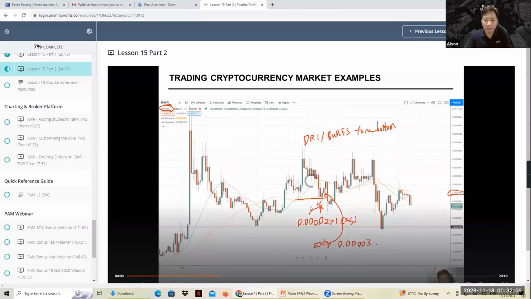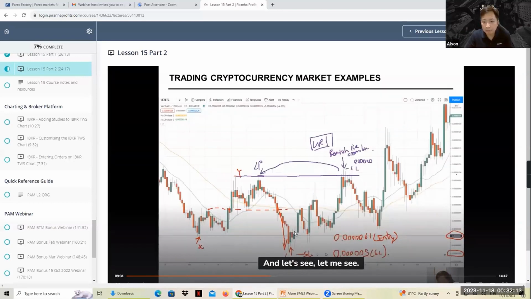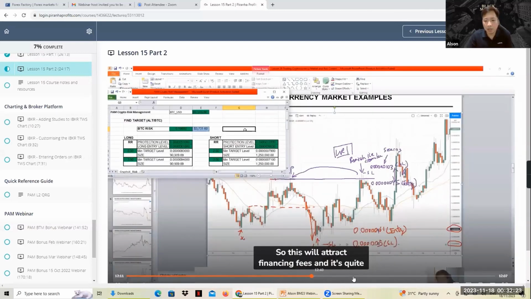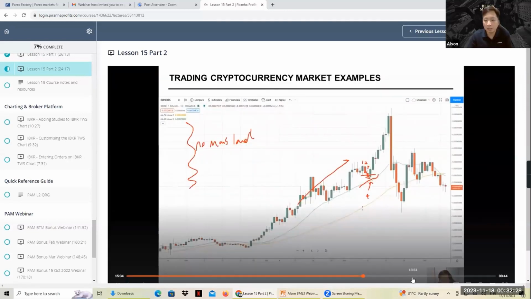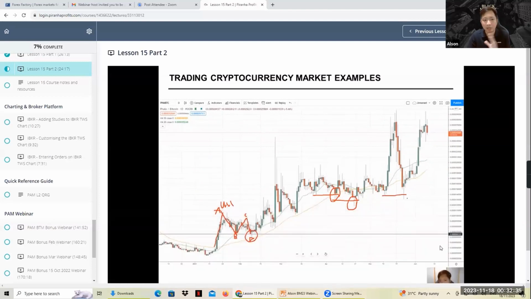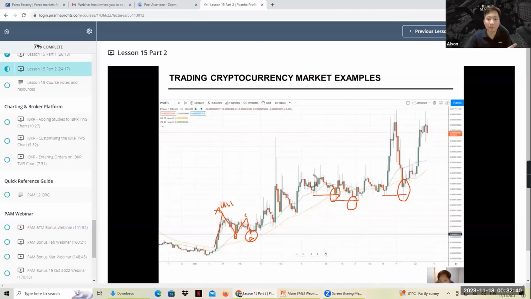Right, and all these examples here I cover here in the course. In fact, with this Excel sheet to do your risk management as well. Okay? How I enter here at the bottom, very subtle bottom before the price goes up, and then you see you do a bull trap and then the price came down, for example. Right? And also using the advanced price action manipulation strategy. Okay, on how I actually enter. Right, this is all these examples here. Very interesting one. Okay, if you like trading, this is your haven. Right, and then you have a basis of how to enter and don't get fake out by the market maker.